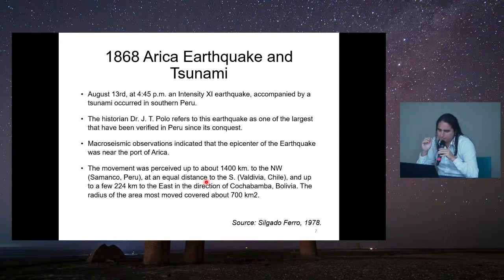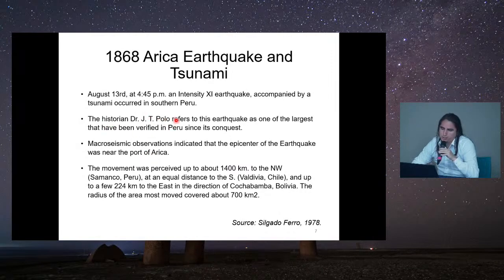According to some journalistic information, the intensity was around 11 on the Mercalli scale, and was accompanied by a tsunami in southern Peru and some of northern Chile as well. Well, in this case, Arica and Tarapacá were still part of Peru. Okay, so the